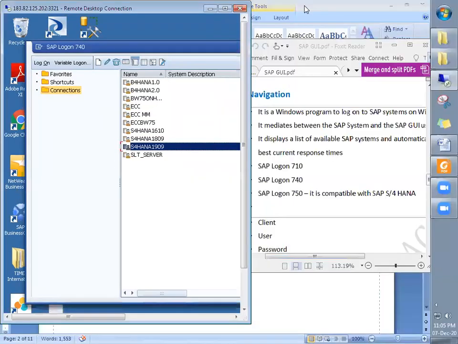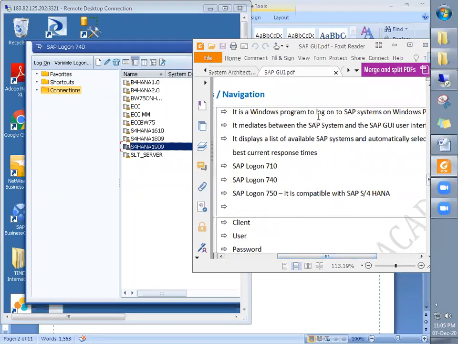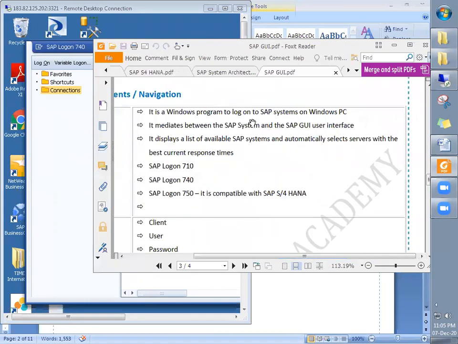What is the purpose and significance of it, right? SAP Logon is a Windows program to log on to SAP systems on Windows PC. Okay, it mediates between the SAP system and the SAP GUI user interface.